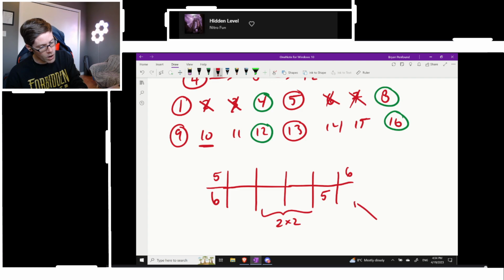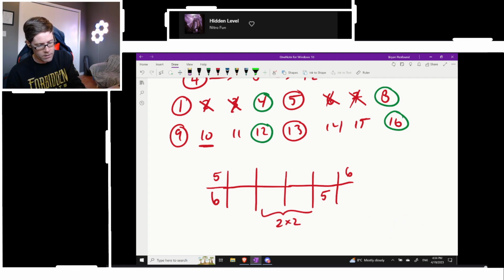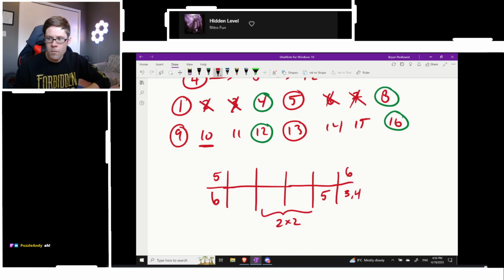No, we can use the argument that this can't be 1 or 2. That corner can't be 1 or 2. 1 can't go in there, otherwise it fails. 2 can't go in there because then you're going to have 2, 2, and you have nowhere to put the 4. So the only numbers that can go in this box are 3 and 4. That's it. So if that's the case,